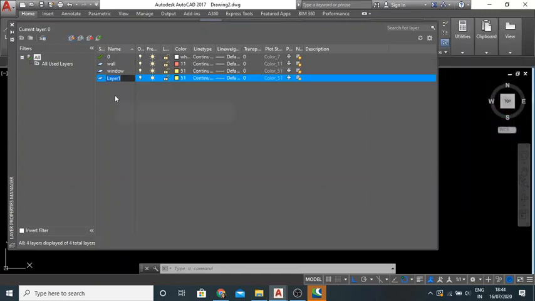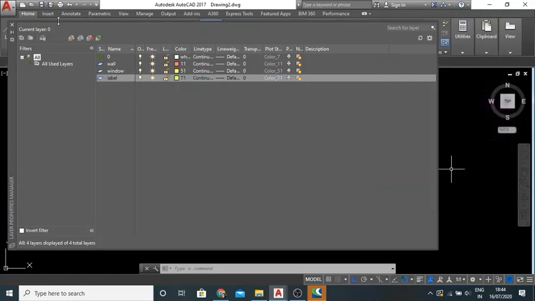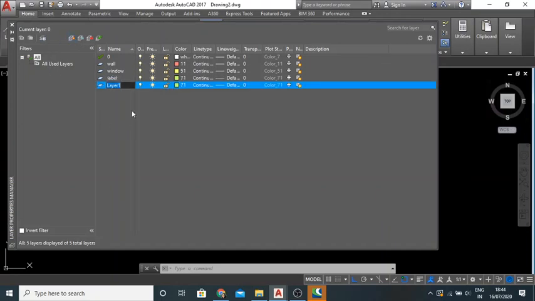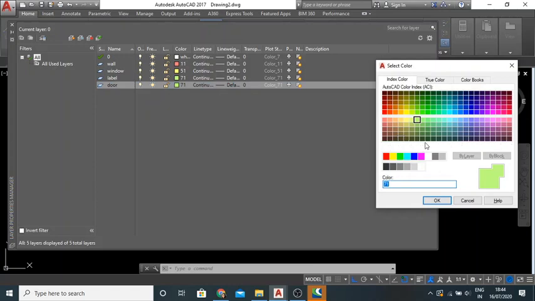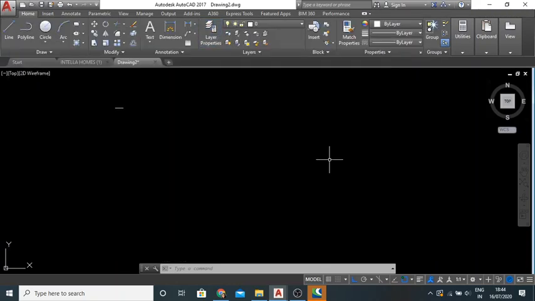Then a label layer, for example, to give any text for the drawing. Then the window layer, then door. So here I've created the layers which I wanted. After creating the layers, I'll close the window.